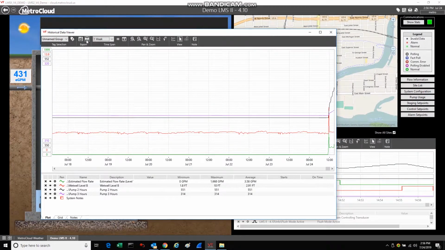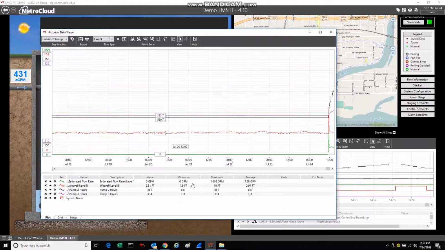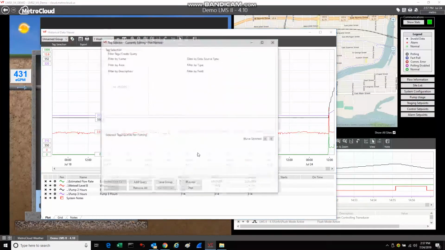You could also print out your graph here or save the group of pens that you chose for later use with the tag selector by saving the group. So if I always like to see these 6 pens, I would save that group